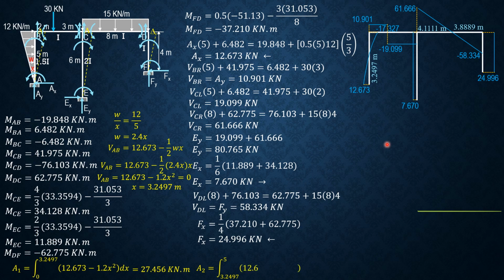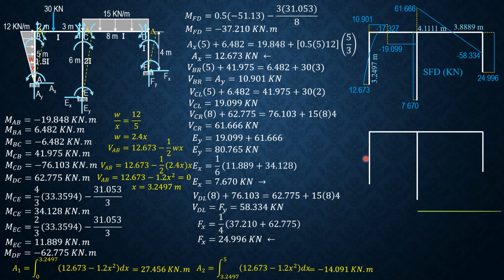So let's have the bending moment diagram construction. First we have MAB negative 19.848. So here, then plus area 1, 27.456 positive decreasing, and we'll have 7.608 plus area 2 which is negative 14.091 will give us negative 6.483. So expected 6.482. So it begins with 6.482 for portion BC,